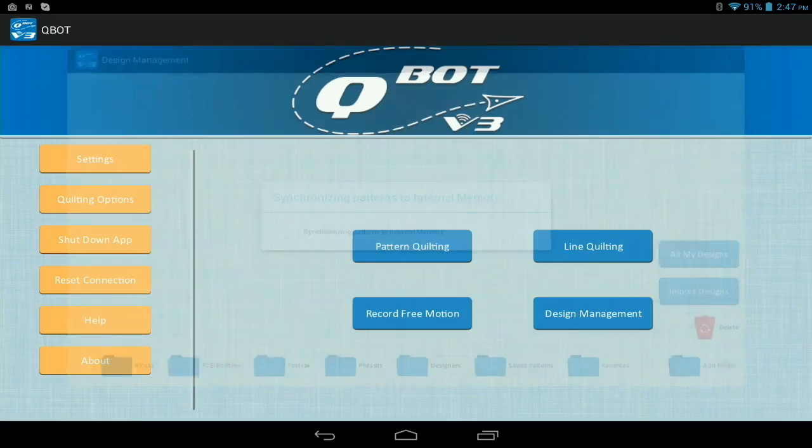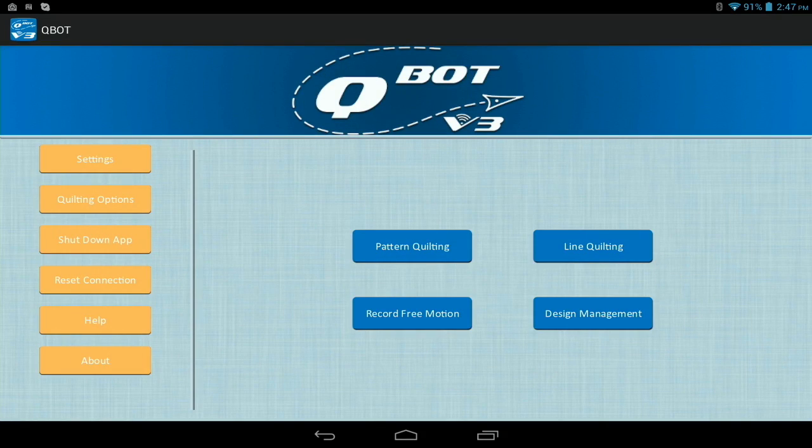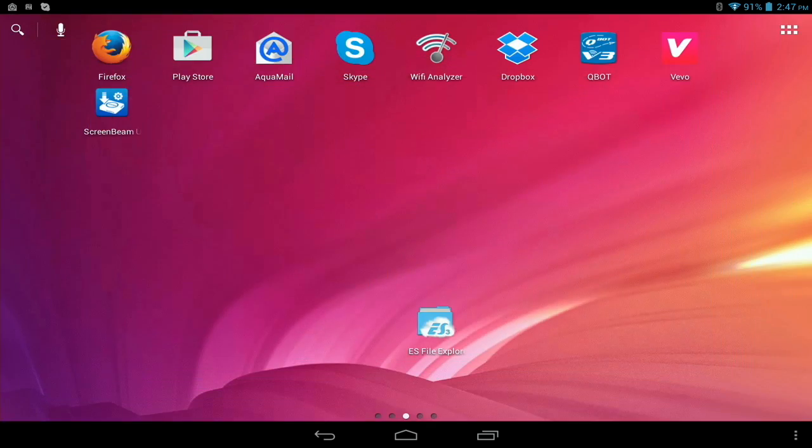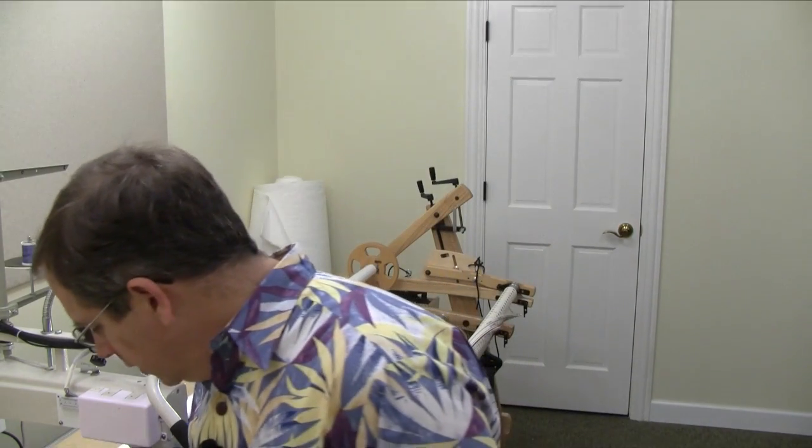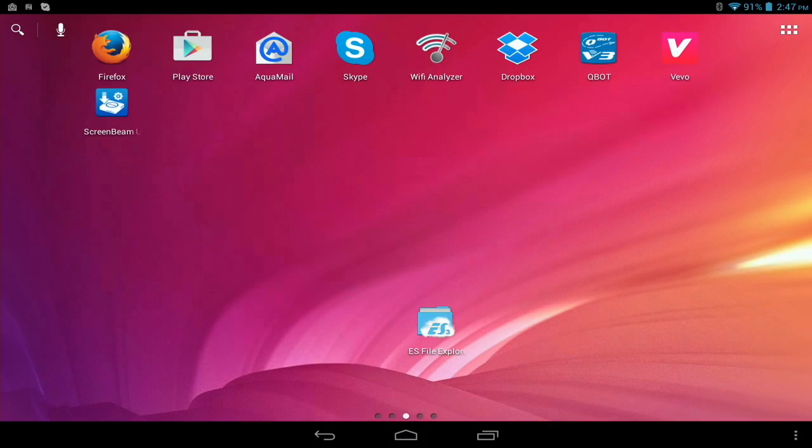And I'm also going to shut down the app here. And I'm going to see in my ES File Explorer, I'm going to navigate to that file so I can see where it is on my tablet. On your tablet you may have something called File Manager or some other name for this. I use this particular navigation tool. It's pretty common. It has millions of downloads on the Google Play Store. It's really stable and it does a great job, and I can see all my network devices as well,